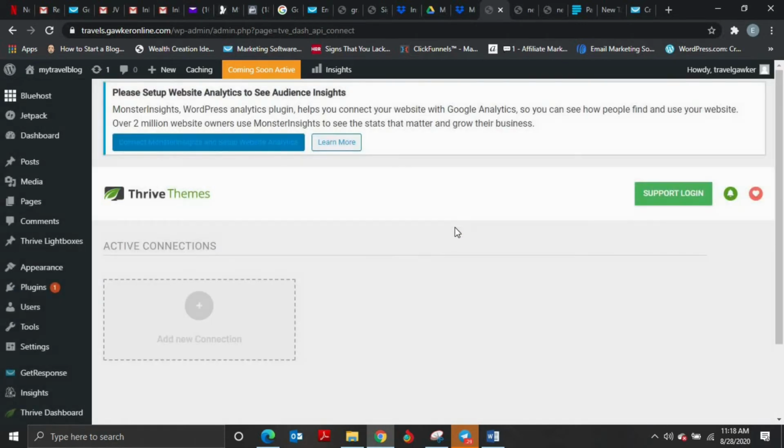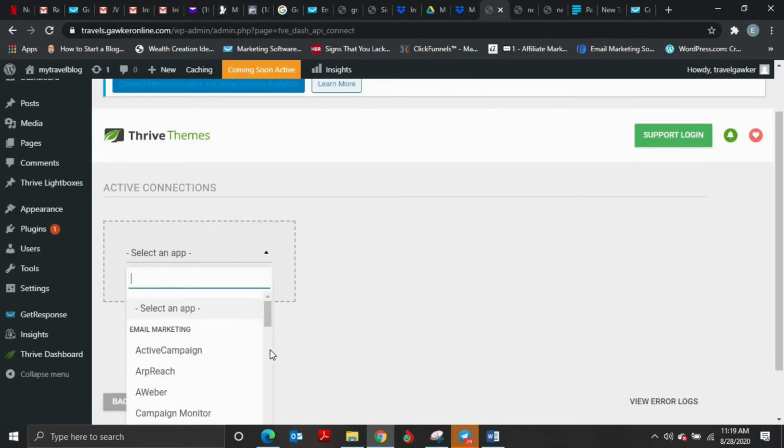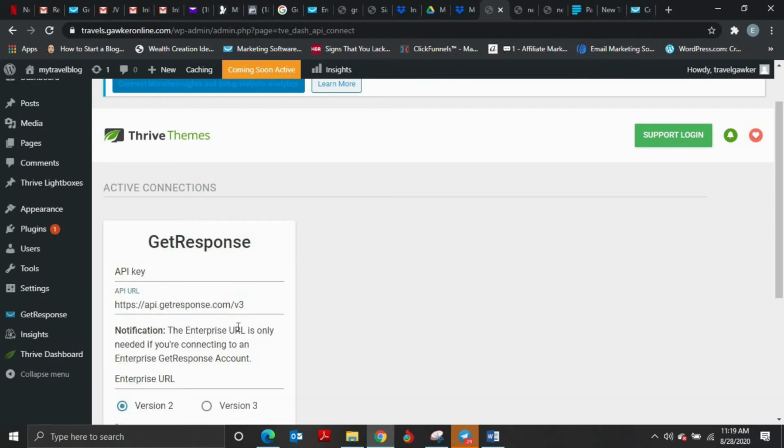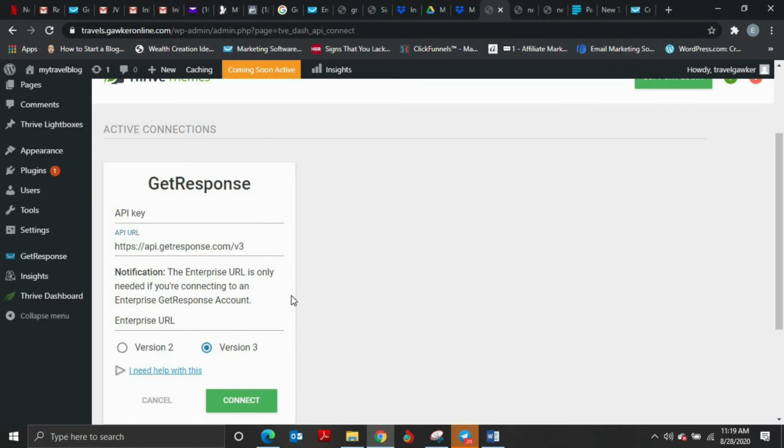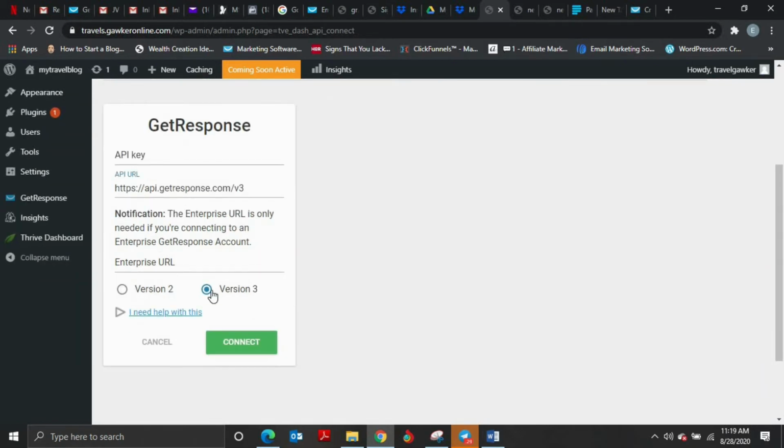We're going to do pretty much the same thing we did with the WordPress API: click on add new connection, select an app, GetResponse, click on version 3. Always click on version 3. Version 2 has issues, I don't really understand, but always click on version 3 to avoid whatever issues. And then it's asking for the API key, so you now have to come back here